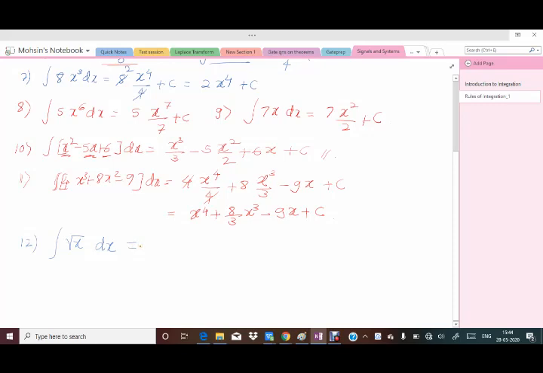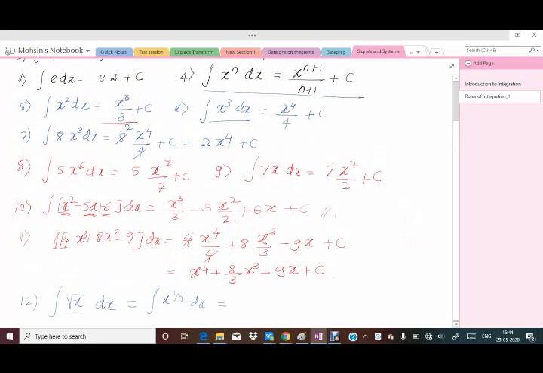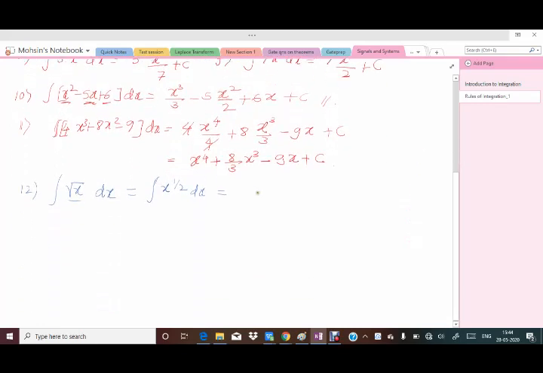So now to do the evaluation of this integration, what you can do is you can remove the root by taking it in terms of its power. So here you can write root of x as x raised to 1 by 2 dx. Now again we can follow the same formula as x raised to n, so this can be used again. So therefore here I can write it in the simplified term as 1 by 2 plus 1 in the numerator, and in the denominator it's going to be 1 by 2 plus 1 plus c. So x raised to 1 by 2 plus 1 will be 3 by 2, x raised to 3 by 2, then in the denominator also it is going to be 3 by 2.